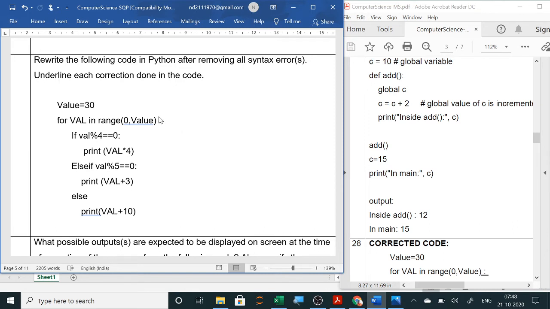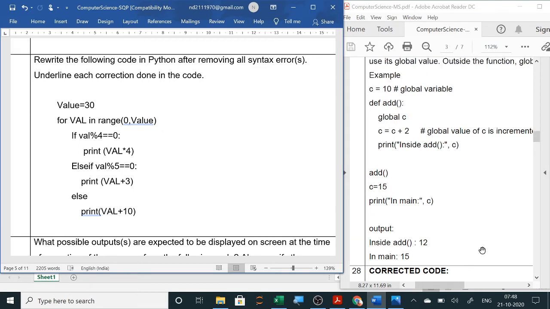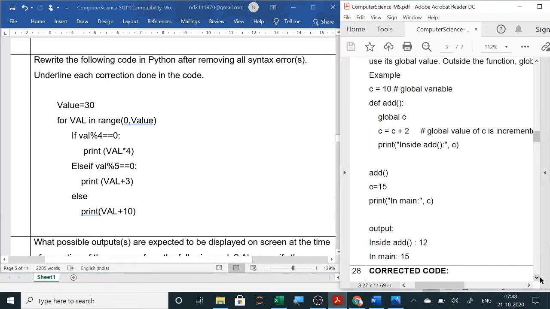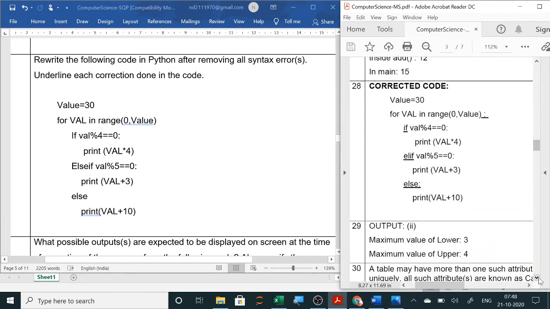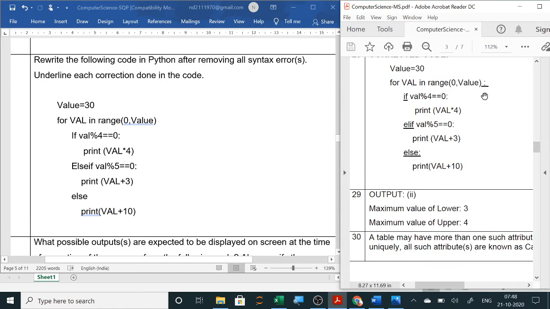You will write the correct program and you will underline the corrections. So you can see how to write it, here you can see the answer. So here the first mistake is colon is missing. Second mistake here, if I is small letter, always we will use the keywords as lowercase. Elif will be there and else will have a colon. So 4 mistakes are there, half of marks each. All these questions are of 2 marks.